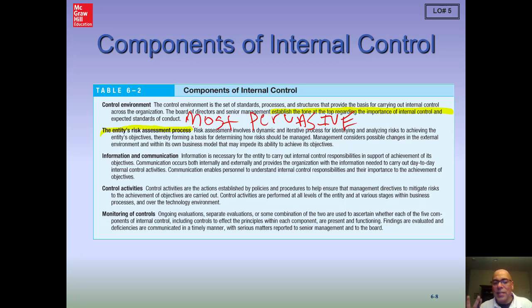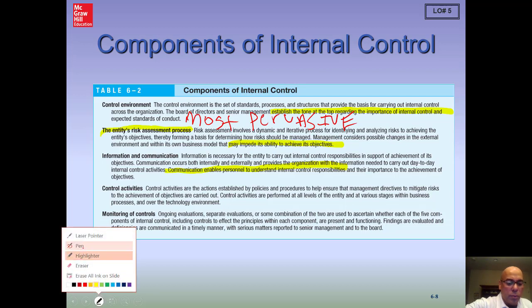This is the entity looking at various factors that will affect their ability to achieve the entity's objectives, including making sure that we have the reliability in financial reporting. So this is what the entity does. They are to do that. And then once they have identified those, they are to communicate. Actually, this is out of order too, in the way COSO contemplated it, the way they've listed this here. I don't know why they listed it like this.